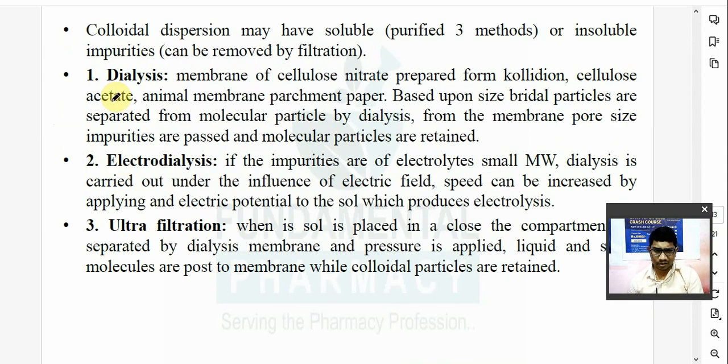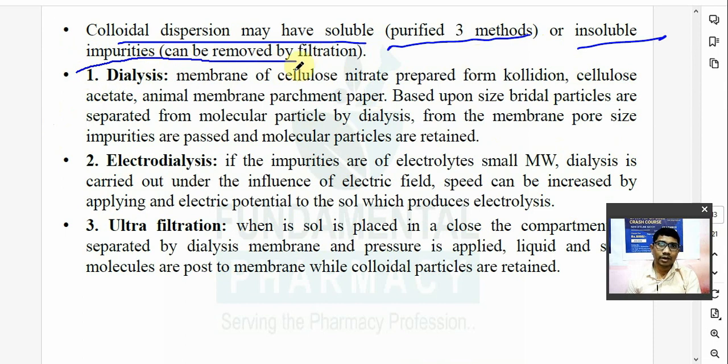Now, a colloidal dispersion will always have impurity. So colloidal dispersion may have either soluble impurity or insoluble impurity. Now, if colloidal dispersion has soluble impurity, it is purified by three methods. And if colloidal dispersion has insoluble impurity, it can be removed by filtration. If the colloidal dispersion has insoluble impurity and its particle size is large, you can easily filter that impurity. If colloidal dispersion has soluble impurity like salt or something else, it can be removed by